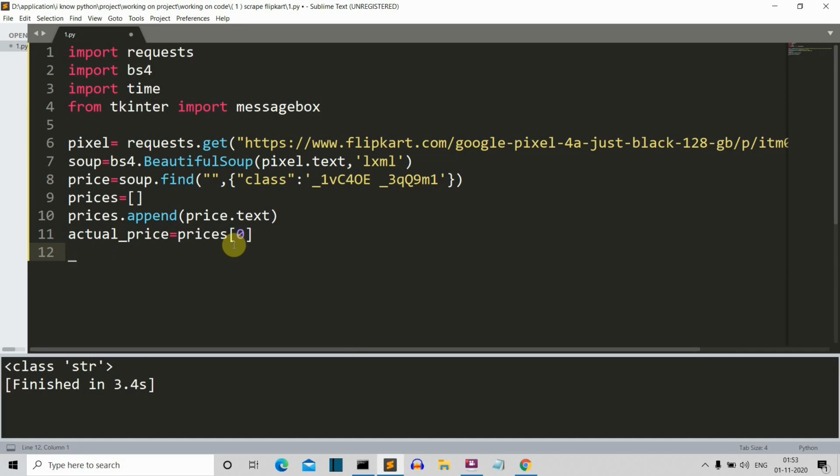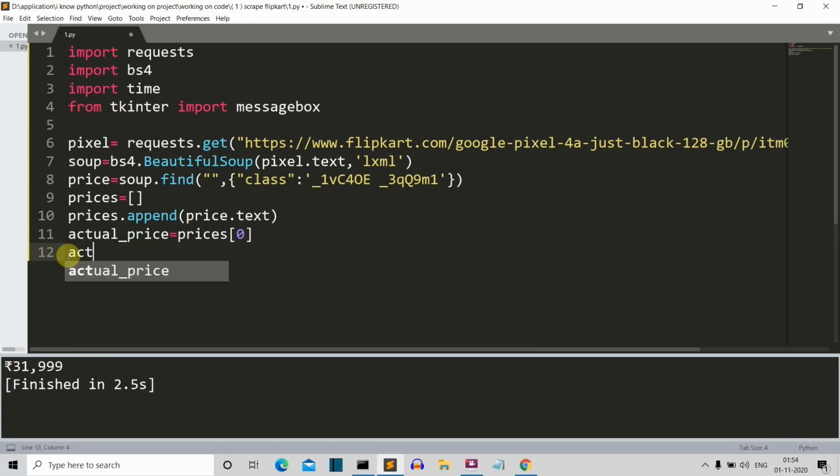It should be print actual price. Okay, so here you can see that we need to extract the first, the second, and the fourth, fifth, and sixth elements, since Python indexing starts from 0. So we'll remove this now.